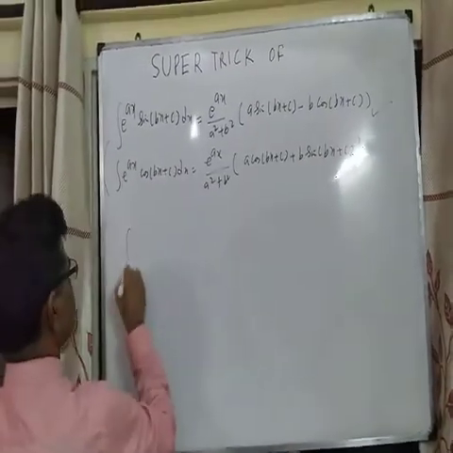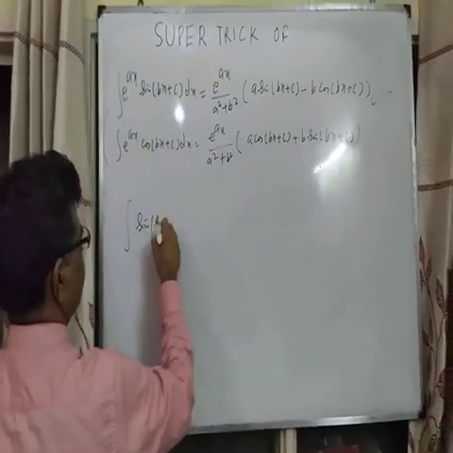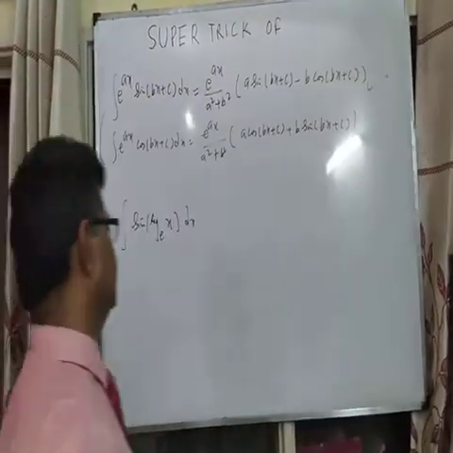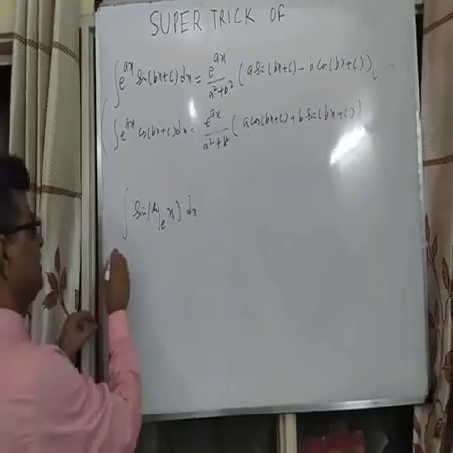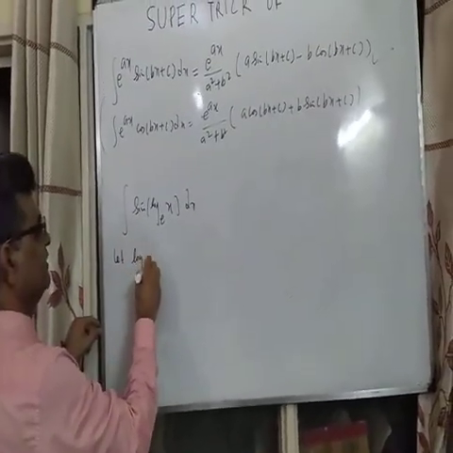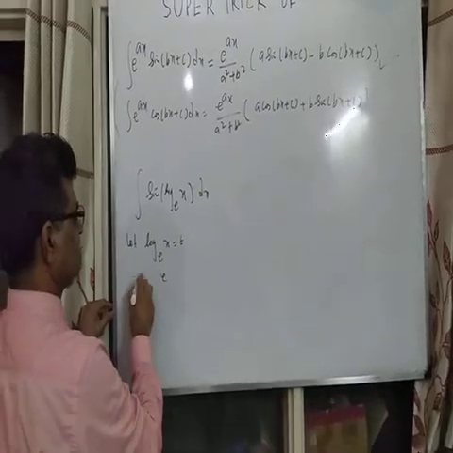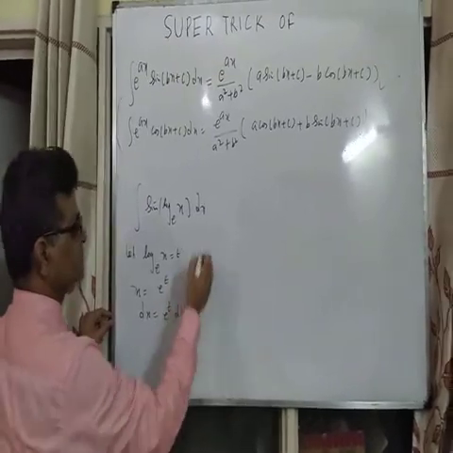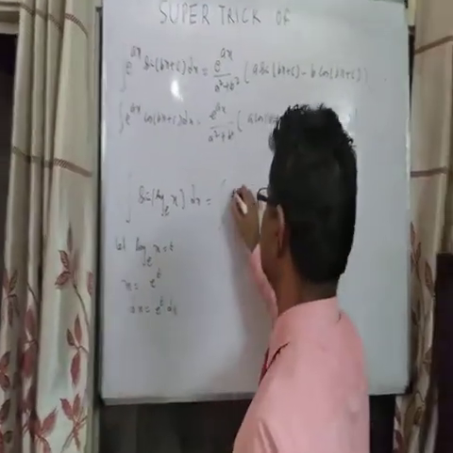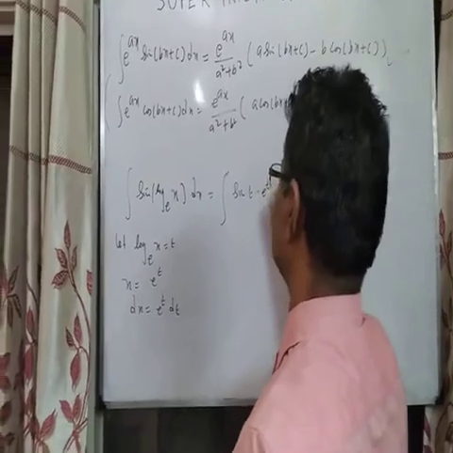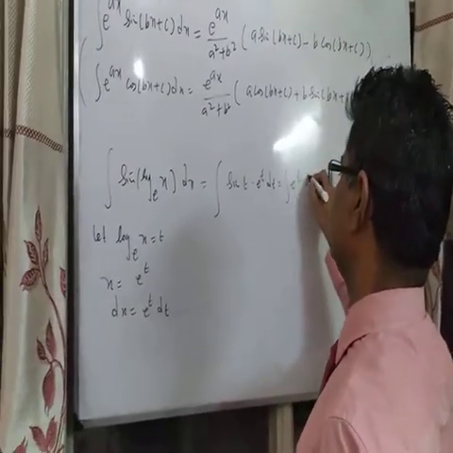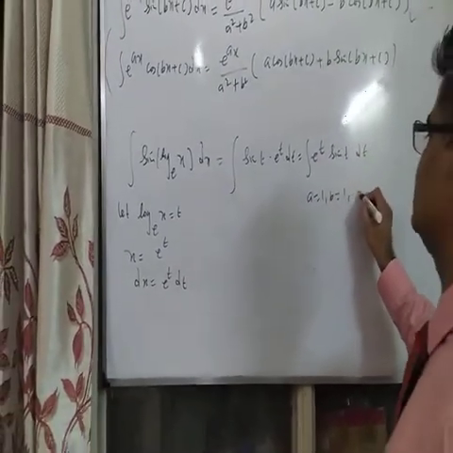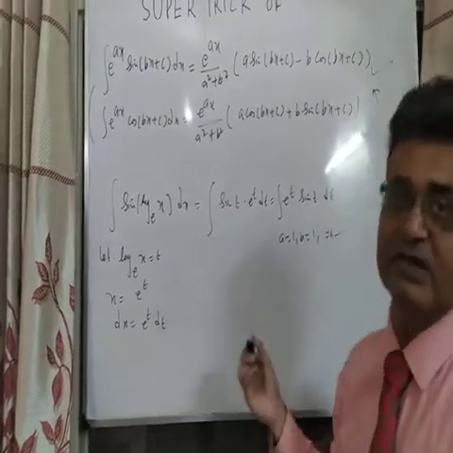Now in this case, integral of sin of log x dx, so base is e for natural. So in this case, e is not coming out. So now we are taking let log x equals to t. So x equals to e to the power t. And you can see that dx is equal to e to the power t dt. So this integration will convert to sin t e to the power t dt. So you can see that e to the power t sin t dt. So put a is equal to 1, b is equal to 1 and c is equal to 0 in this formula to get the result.